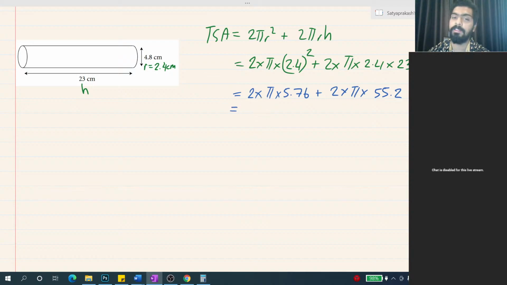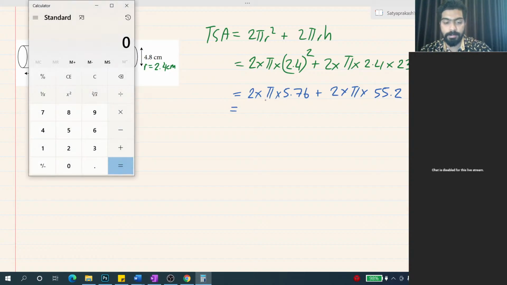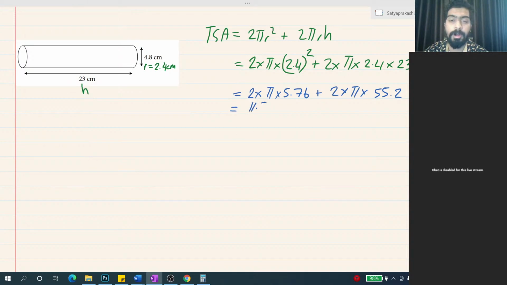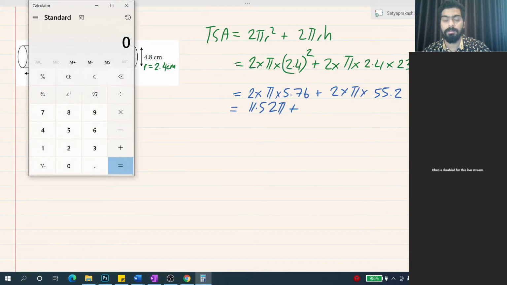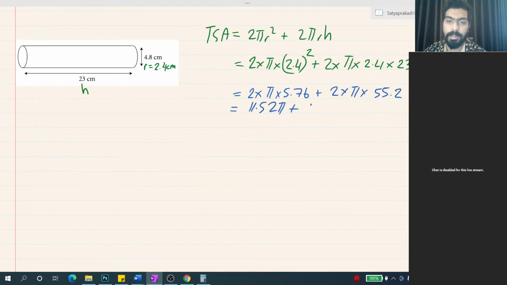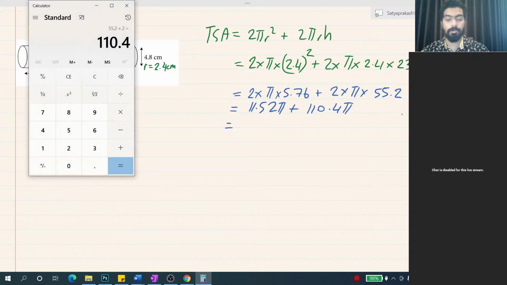Alright. Now let us take 2 and multiply with 5.76. 11.52 pi plus this would give us 55.2 times 2 is 110.4 pi. I see some of you guys writing the answers down already. 376.8. Again, do not forget a unit. So once we add these two up, we would have